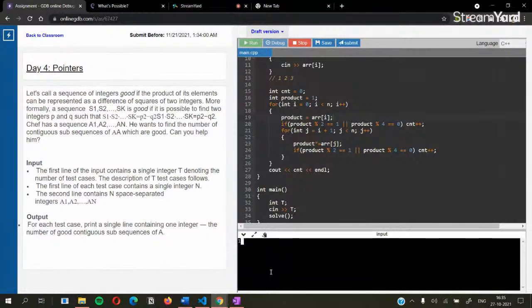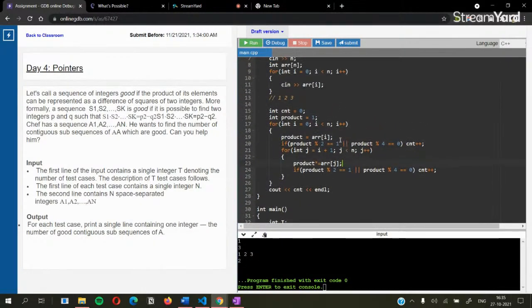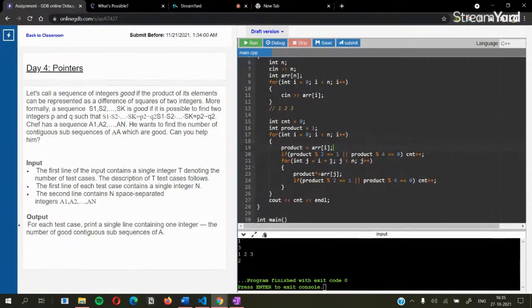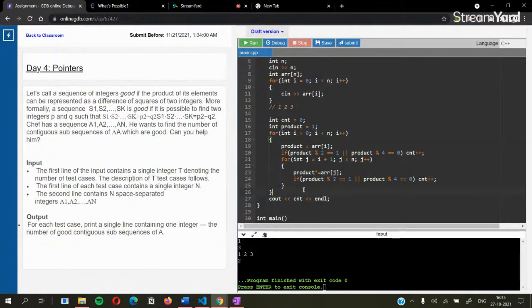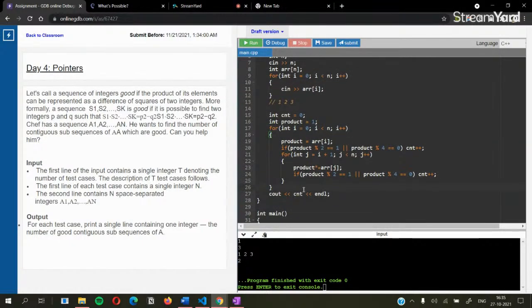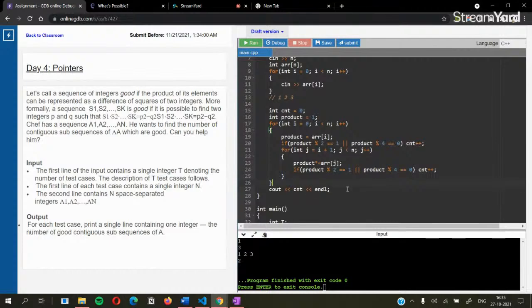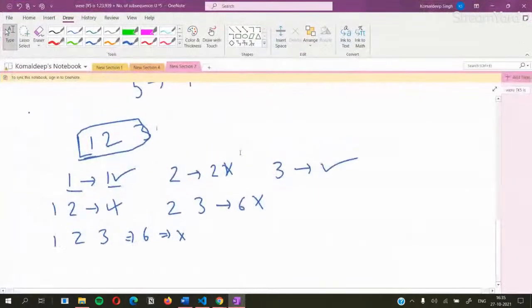Now it's working. I will take test cases as 1, and the array size will be 3, with elements 1, 2, and 3. So here we are getting the result as 2. This is our solution of this problem, but this is not an optimized solution, because here we are taking a double loop. So what will be the optimized solution of this problem? Sorry, the optimized solution will be, as we can observe that